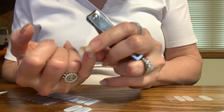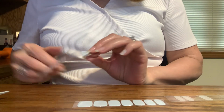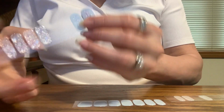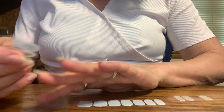Now this one here, top of my pinky is kind of sticking out. After we cook it and I file it, I'll probably file that down. Now let's do the number 4 fingers. So these are not all exactly alike. It looks like I can get the